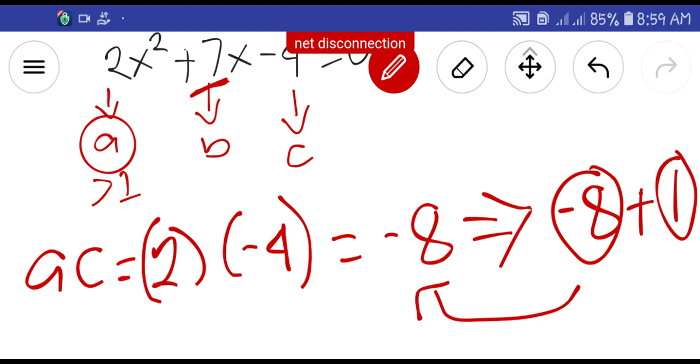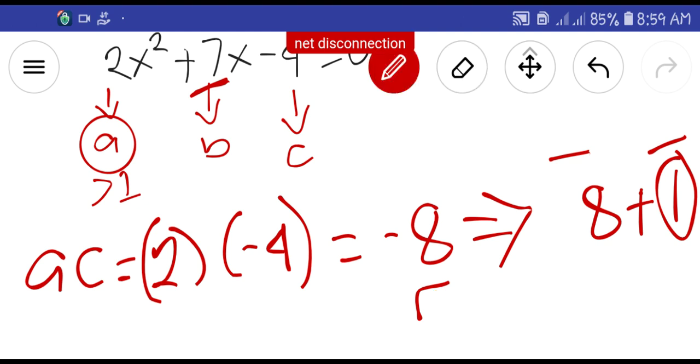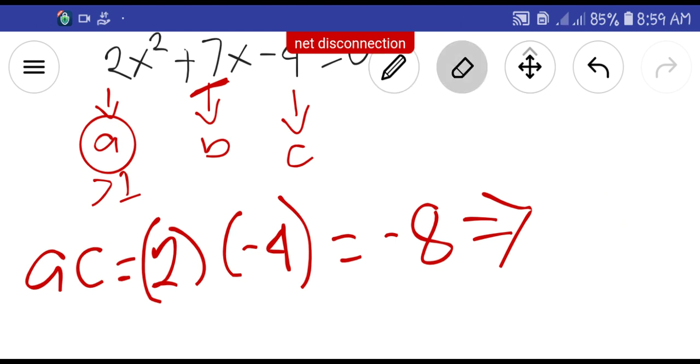And the sum of these two will give us, this is supposed to be positive 8. Let's try to repeat this down. Okay. So we have, actually the real factors which will give us the sum of 7 will be